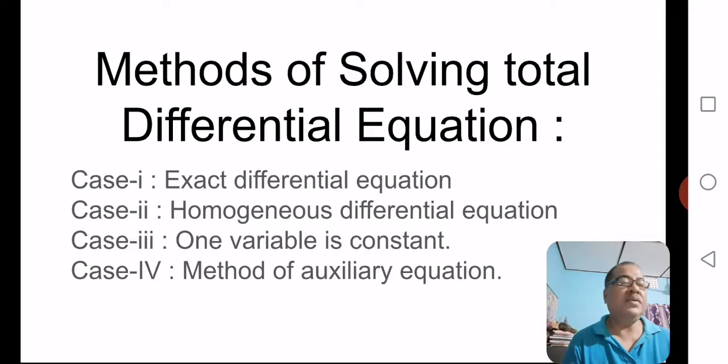Again I repeat, if the differential equation is a homogeneous differential equation, that means the coefficients P, Q, R are homogeneous functions of x, y, z, then if we put x equal to zu and y equal to zv so that z can be separated, we can compute the value of dx and the value of dy. Then using all these values, the above differential equation can be reduced to a form in which the coefficient of dz is 0 or may not be 0, but we can regroup it and solve it very easily. Next method is one variable constant.